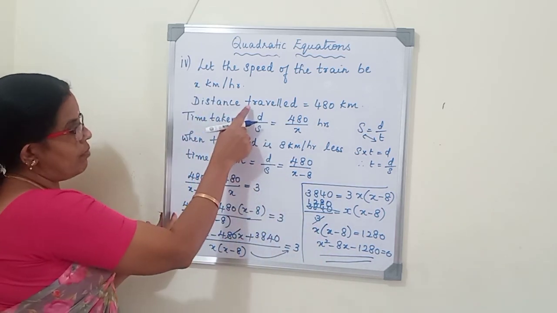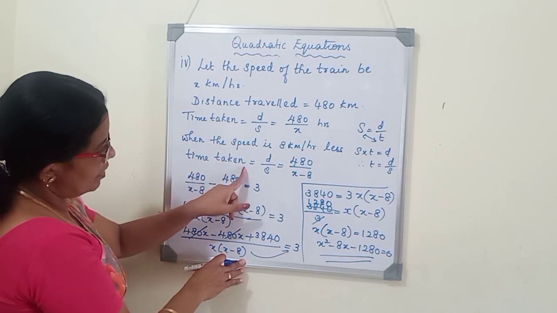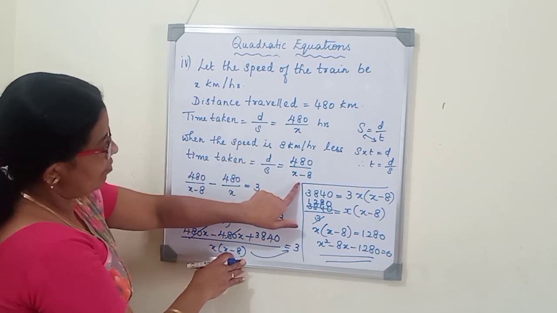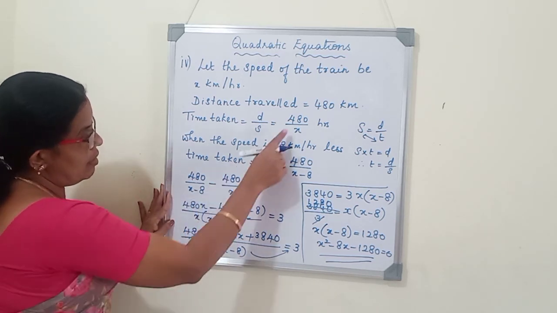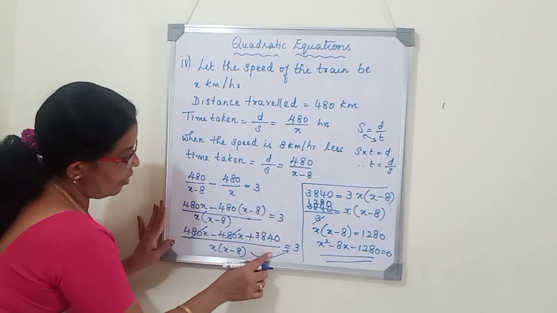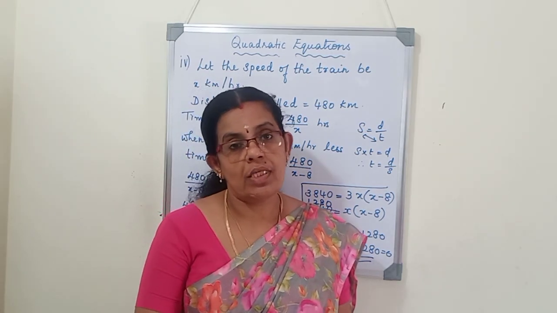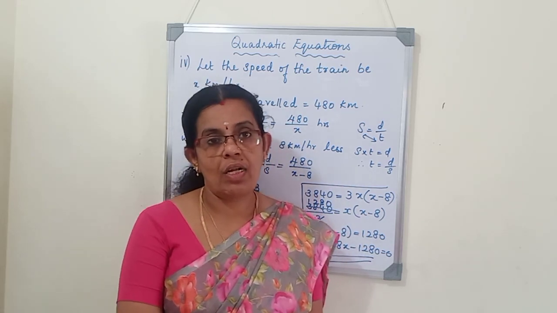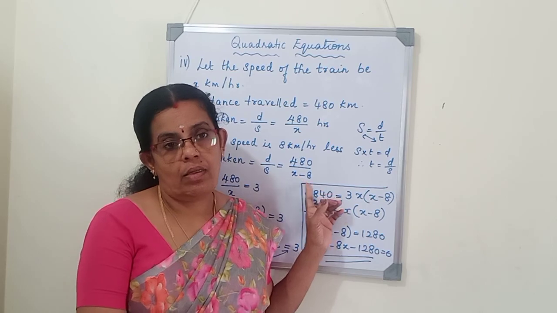So whenever a speed question comes, we have to write in terms of time. After writing both the times, see which one has the smaller denominator, that we will write first, minus the second term, is equal to whatever is the extra time, and solve the equation. I hope you understood the general form of a quadratic equation and how to write the general form for a statement sum. Thank you, children.